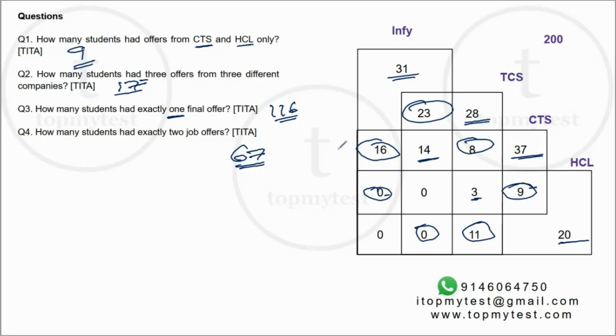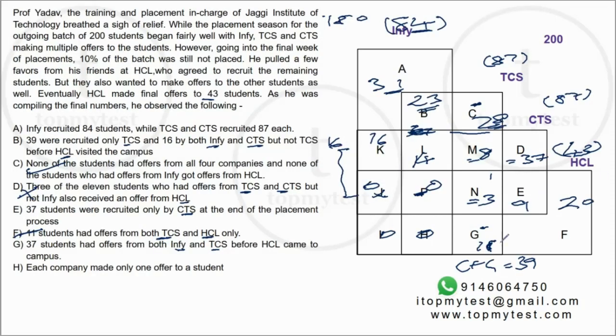Okay. It's a pretty interesting set. Key point was to figure out that HCL is added later on. You have to figure out how the regions are split. For example, both these two will be Infosys, but Infi, but not TCS and CTS, and then they got split when HCL comes in. Similarly, we had other cases also where you had 2 regions and then HCL comes in and splits up that particular region.